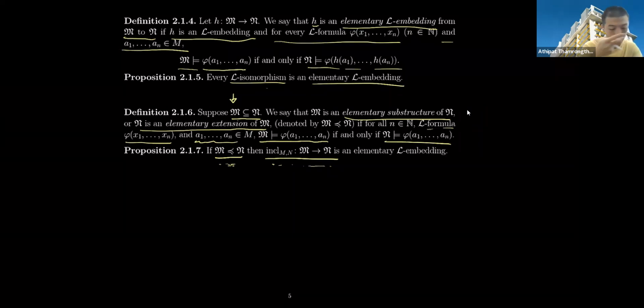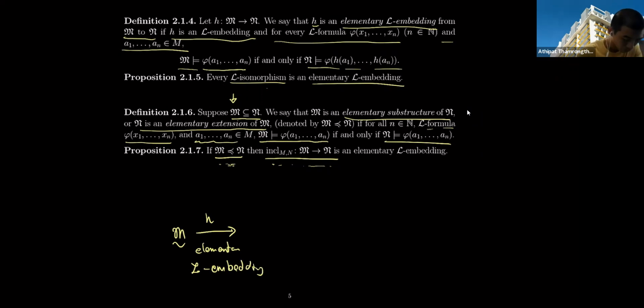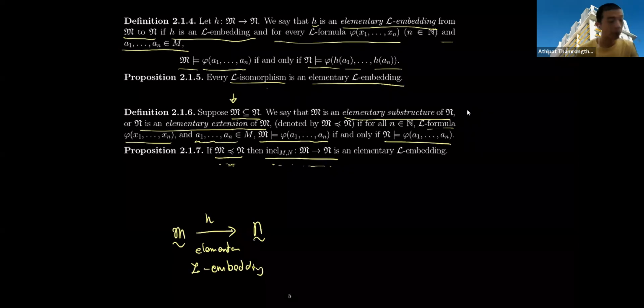Actually, you also have the connection in the reverse direction. If you have a map h that is an elementary L-embedding from M to N,